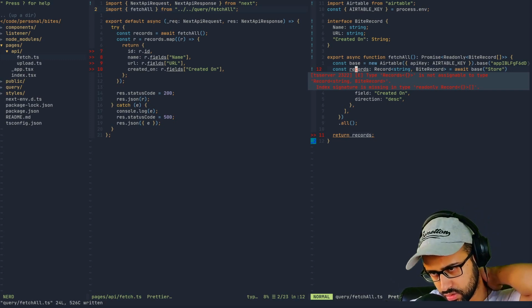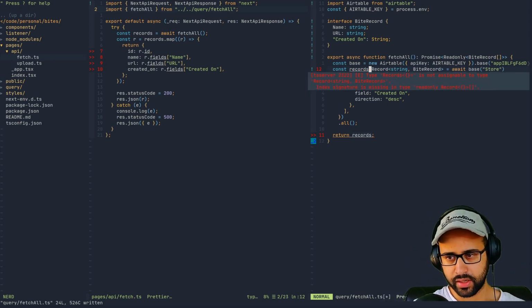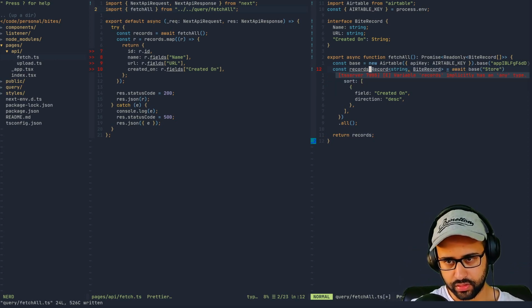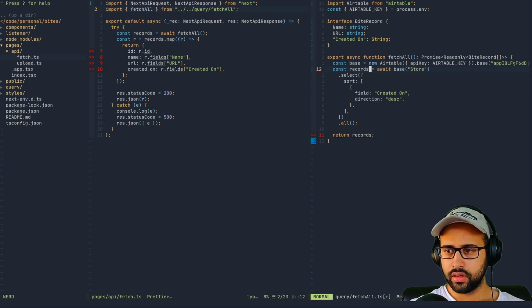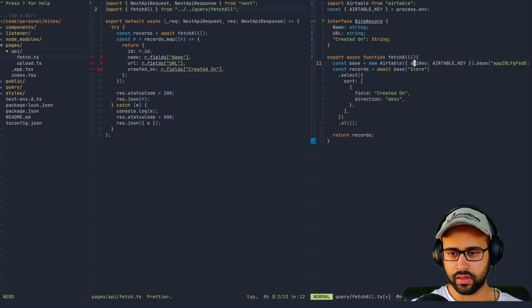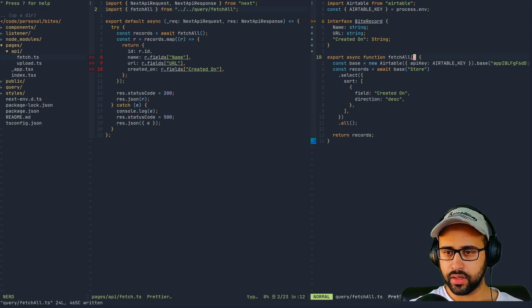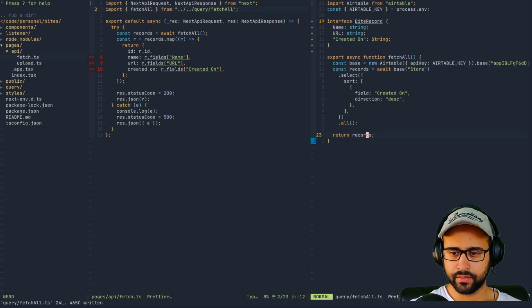Okay, so let's get rid of all these types first of all. So we'll do clearTel equal to, right, and then get rid of this type as well. And yeah, so now if we look at it, currently records is an Airtable record. This is strongly typed.